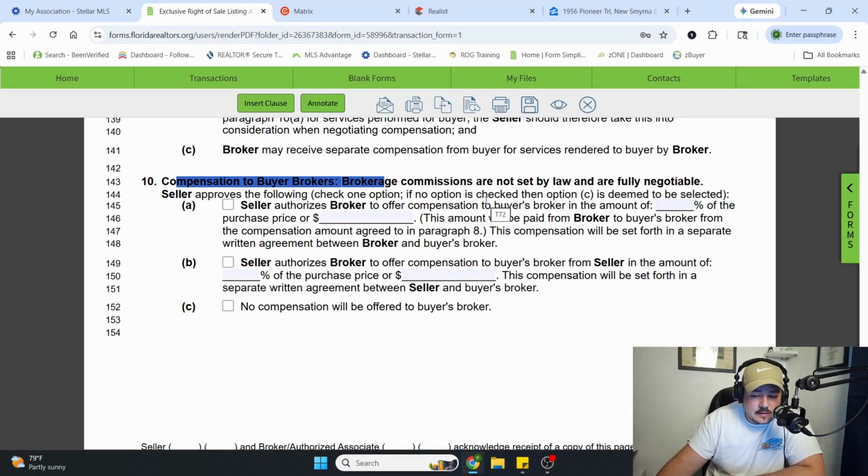Now read this carefully, because if you don't, you may screw yourself. Part A seems like seller authorizes broker to offer compensation to buyer's broker in the amounts of blank. If you're not paying attention and you say, hey, 3% to the buyer's agent, and then you just move on, if you don't read this whole thing, you have messed yourself up. I mean, you go back and change it, but realistically, if the seller doesn't want to agree to it, if you continue to read this